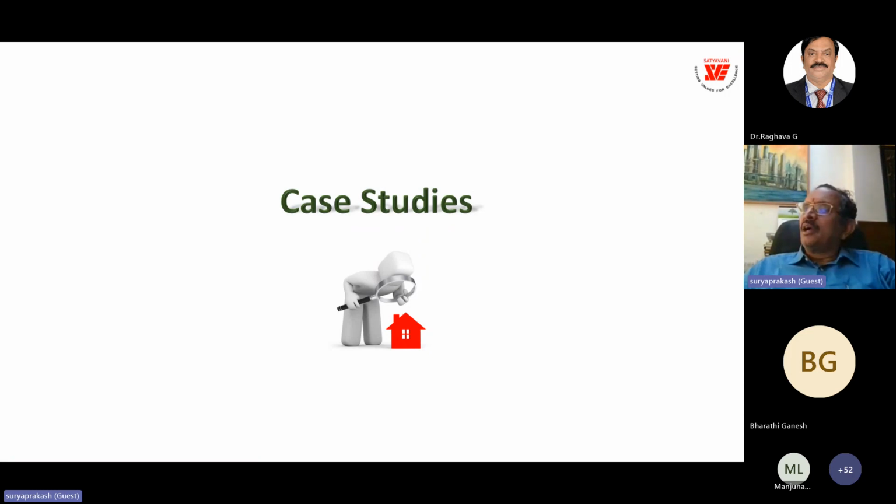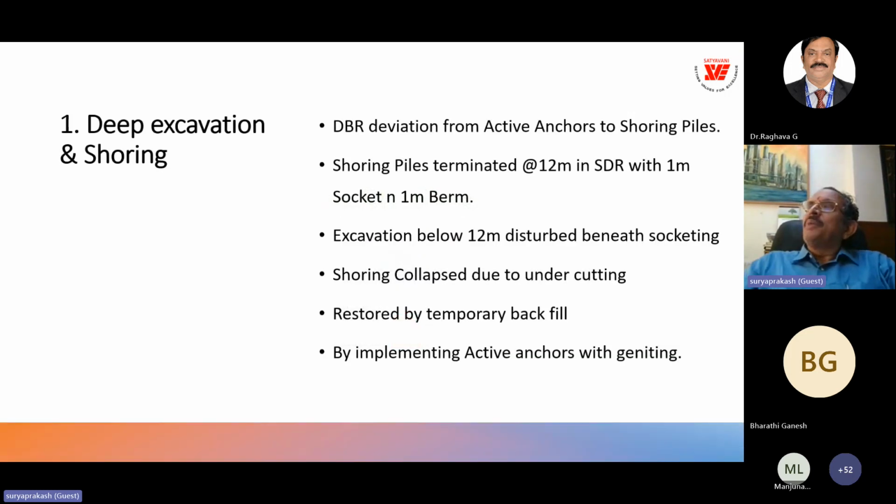the takeoff mode. And so deep excavation, this is a very, very interesting case of mismatch between DBR and actual condition. Shoring, we all know if you have to do the excavation of 20 meters deep, it requires proper investigation and proper shoring system to be considered, because this is a fast track project in which we have recommended use of active anchors, which you can see here in the deep excavation, because we expected that the soil